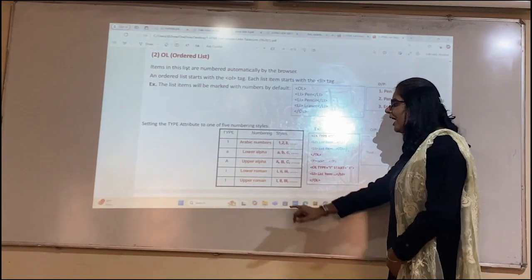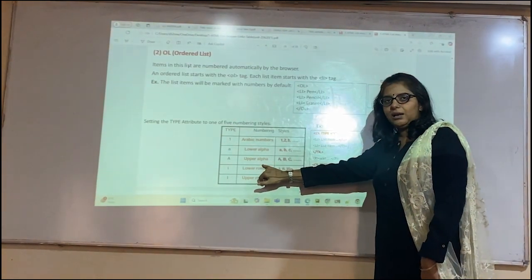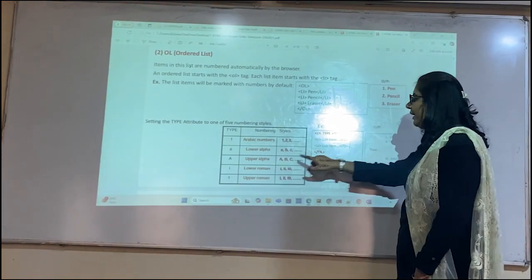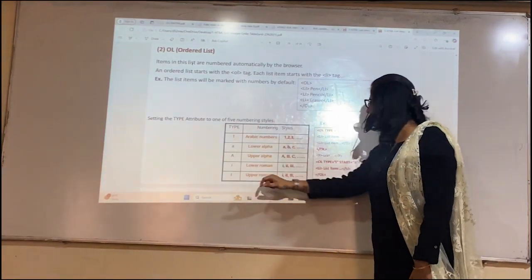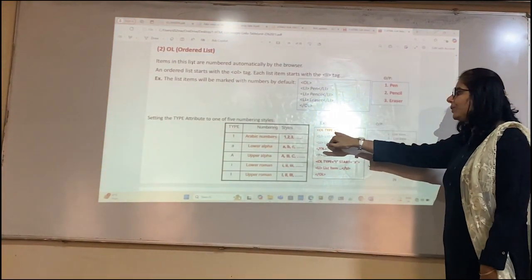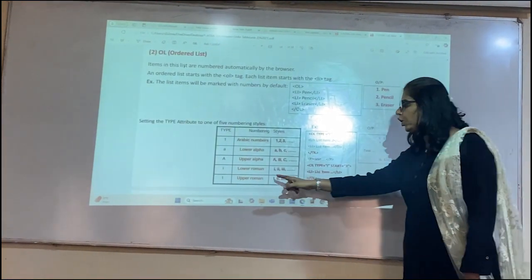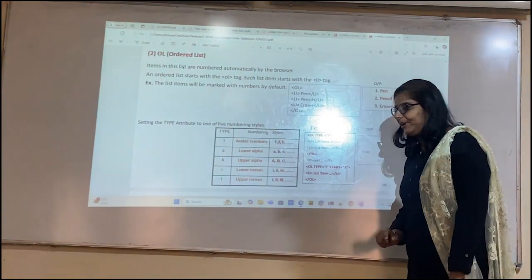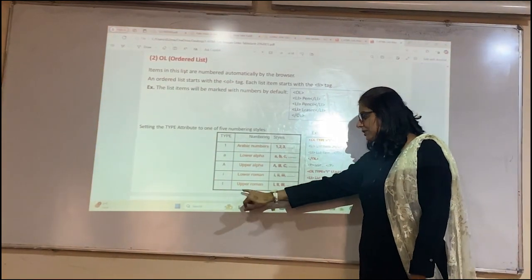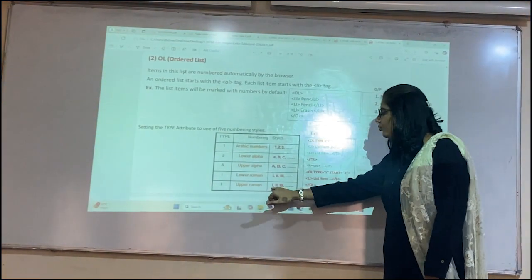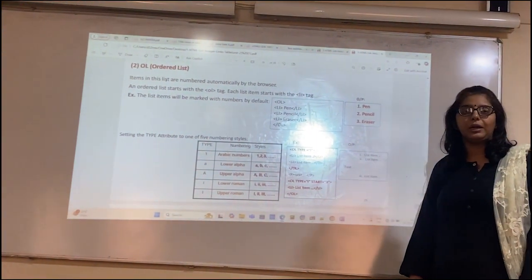If I mention type equals capital A, then it will display the list items as capital A, B, C, D. Then i is for lowercase Roman. If I mention type equals i, it will display the list items in Roman format in lowercase. Then for uppercase Roman, if I write capital I, it will display in capital Roman numerals. So these are the different ways to present an ordered list.